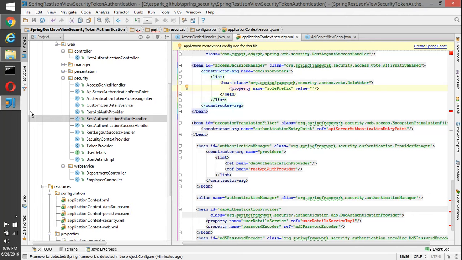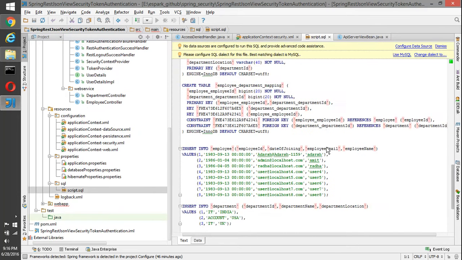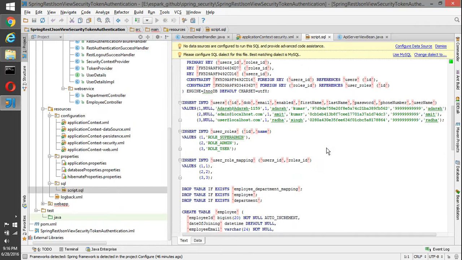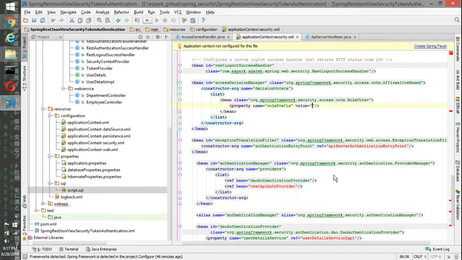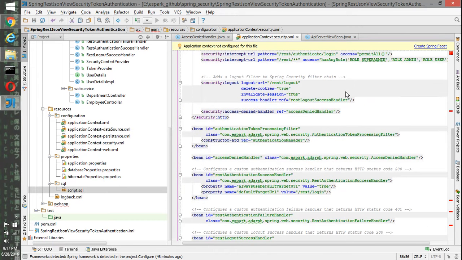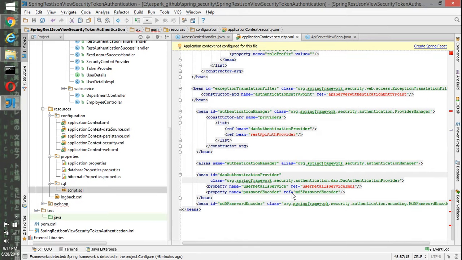So in the DB script, if you see, I have just made it empty, so during comparison it will not consider anything. Whatever is in the DB, whatever is configured in this, it will match each other the same.